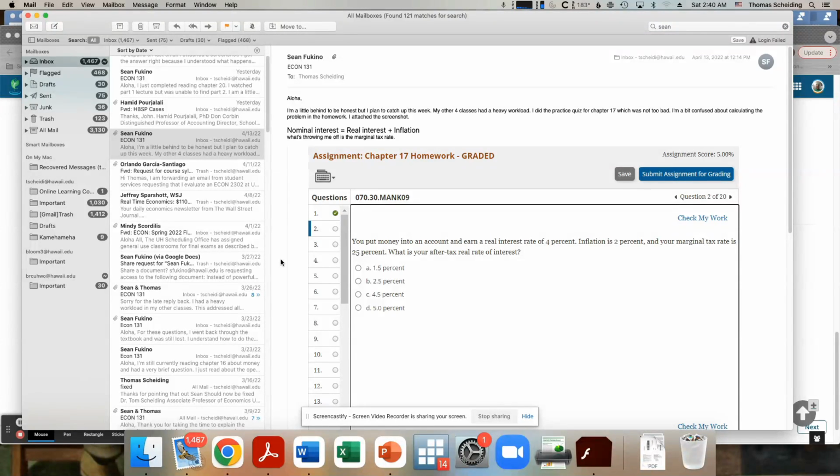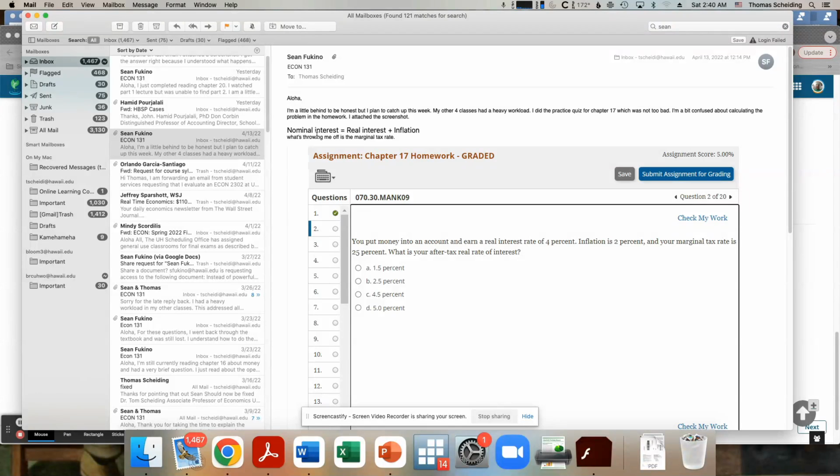Okay. So to solve this, keeping in mind the fact that the nominal interest rate, as you say here, the nominal interest rate equals the real interest rate plus inflation. So that part is true. But you're saying here what's throwing you off is the marginal tax rate. So